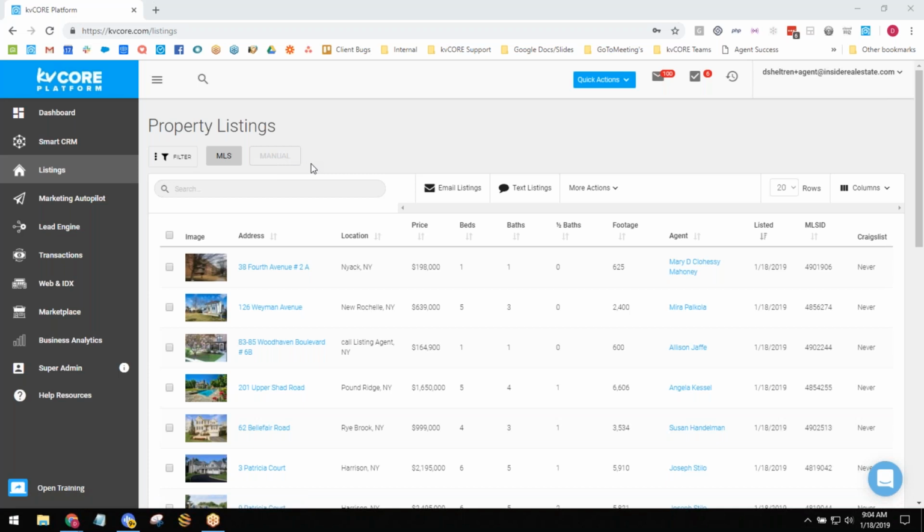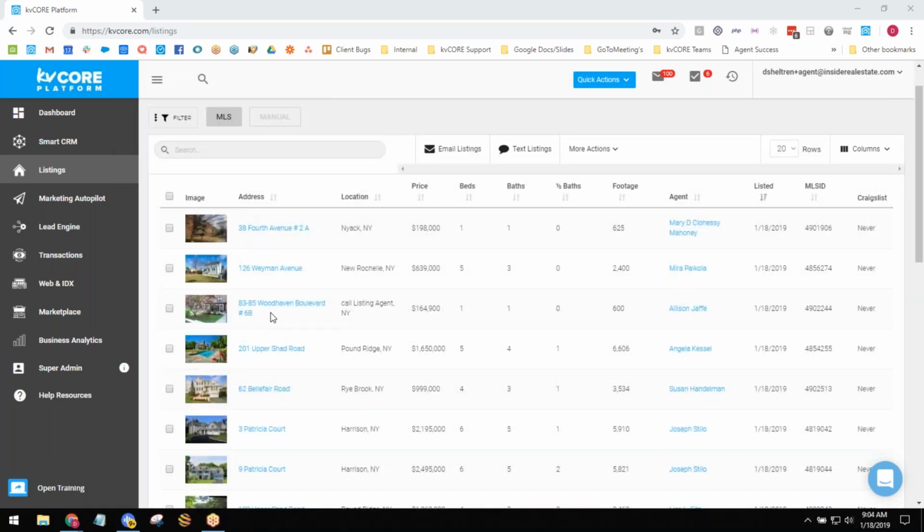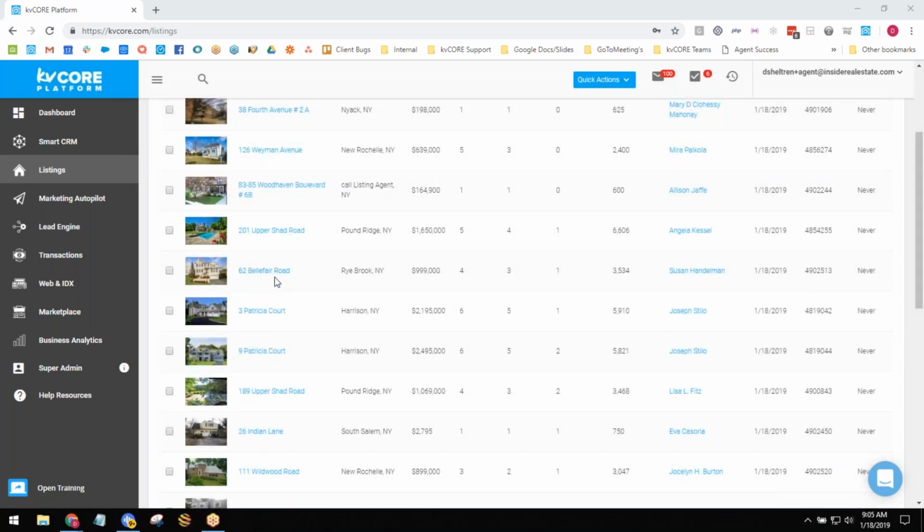We can share it with our database and a couple other things we can do with it. So we're going to move off this and really dive deeper into how we're going to be publishing listings to Craigslist, right? So let me see here. I'm going to just pick on this Belfair property right here. So if I give that a click from my listings tab,